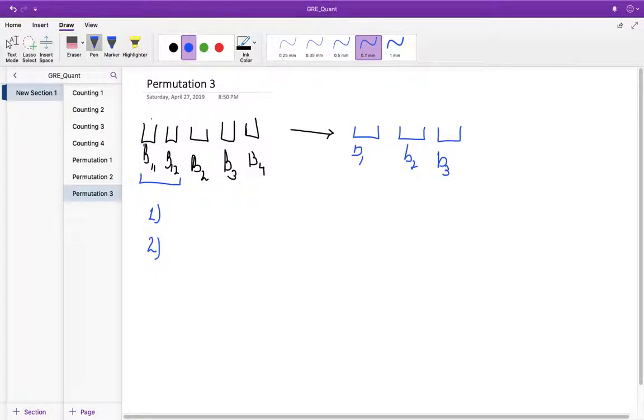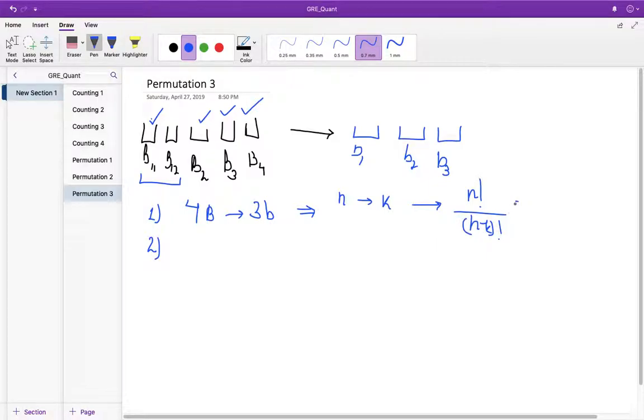So in that case, the set of books that he can pick from is 4, which is B11 or B12, B2, B3, and B4. And there would be four distinct books that have to be placed in 3 different buckets. So for this, we go back to our previous example wherein if you had n elements and you want to place these n elements in k different buckets, the number of ways to do this is n factorial by n minus k factorial,